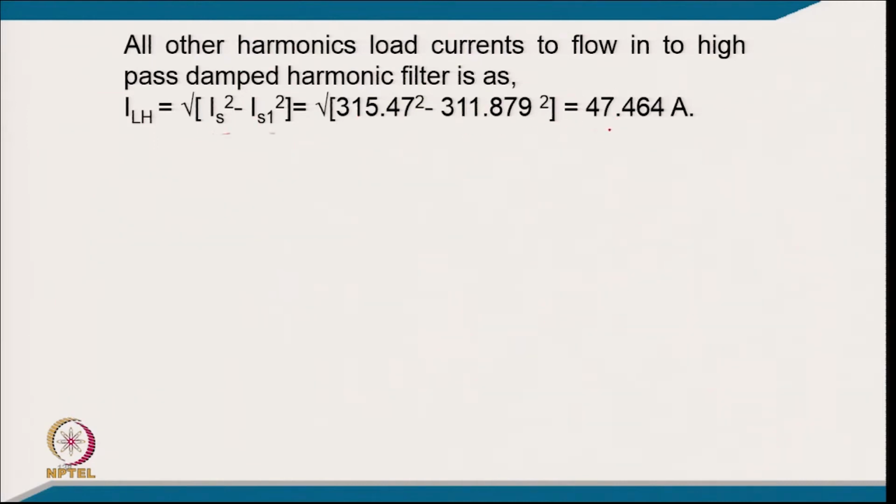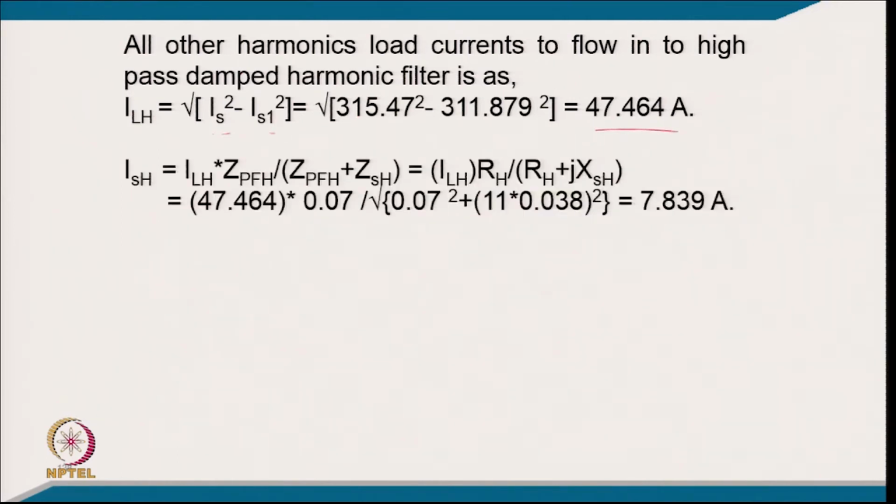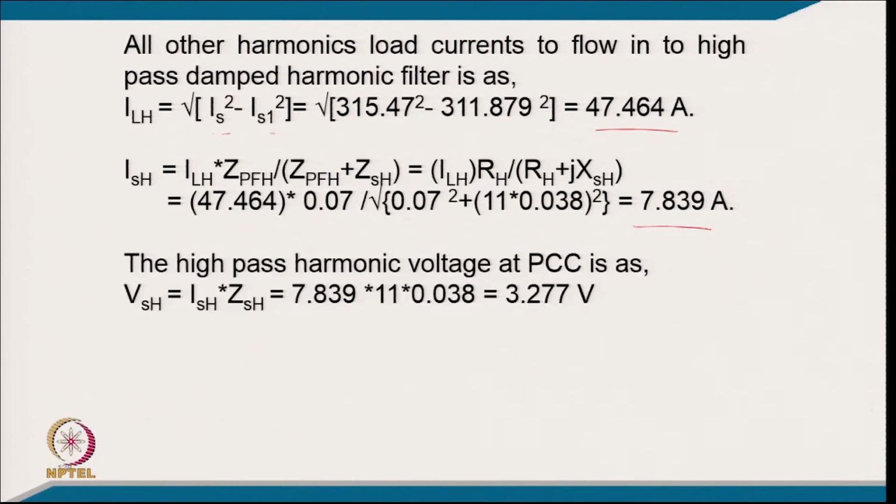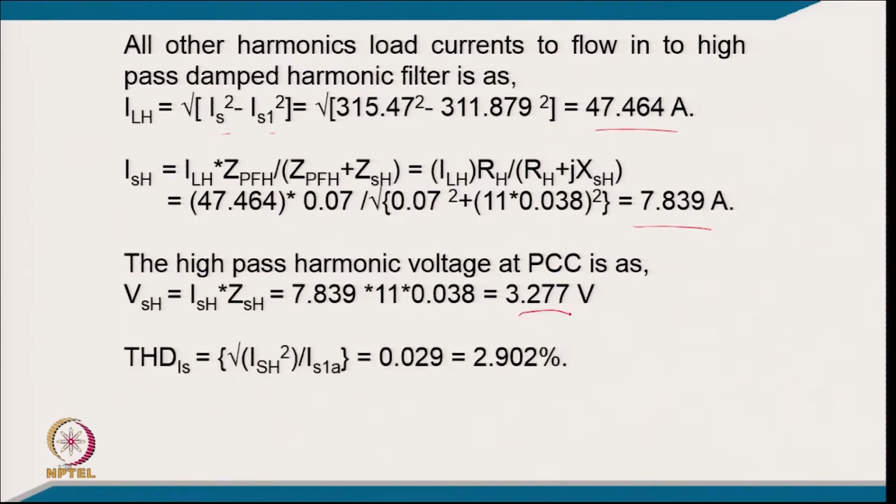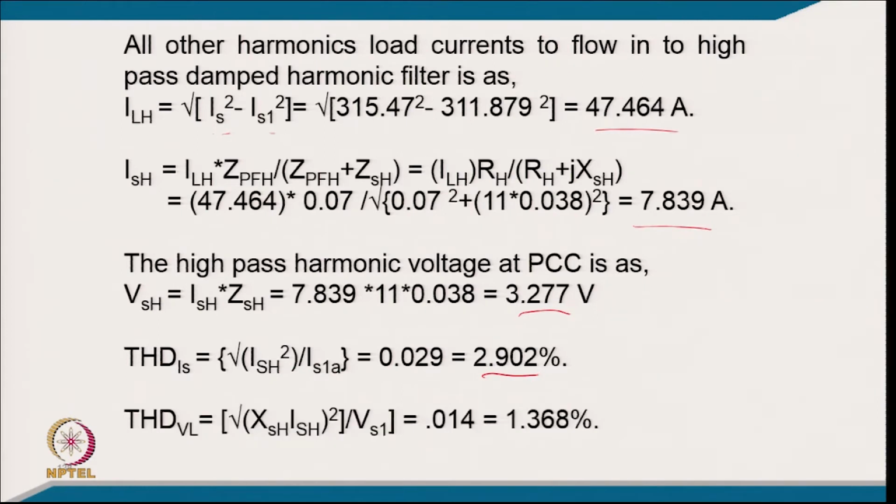So, you look into that, it comes 47.464 ampere, and the harmonic current flowing into the source of all harmonic from this impedance relation comes only 7.839 ampere, and the high pass filter voltage will be ISH into ZSH, in the value it comes only 3.277 volt, and the THD of the supply current is reduced typically from 15% to ISH square per IS, it is only 2.9 percent, and the THD of the voltage, from voltage drop divided by Vs1, it is only